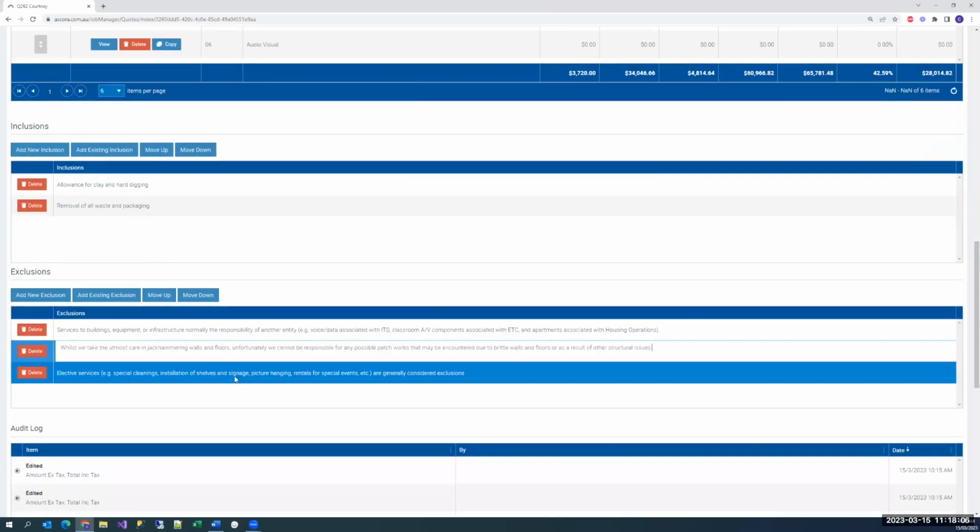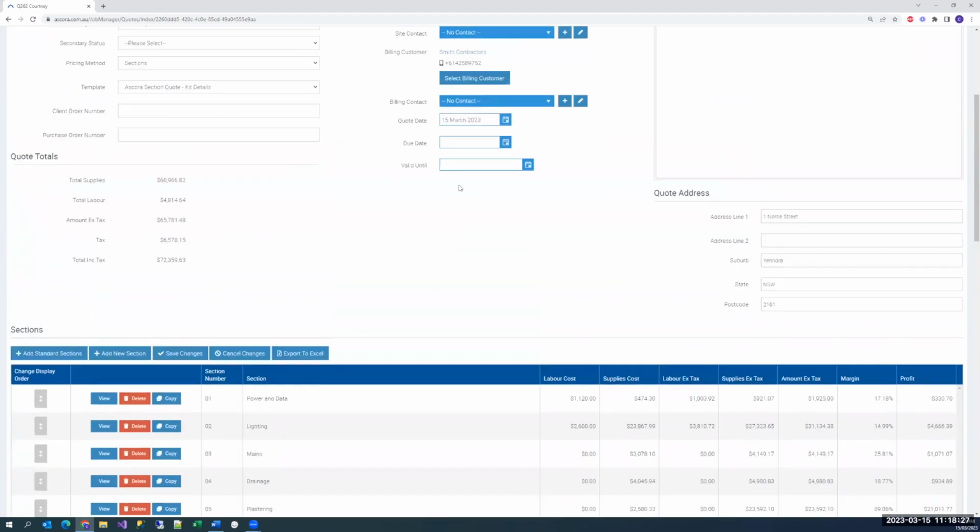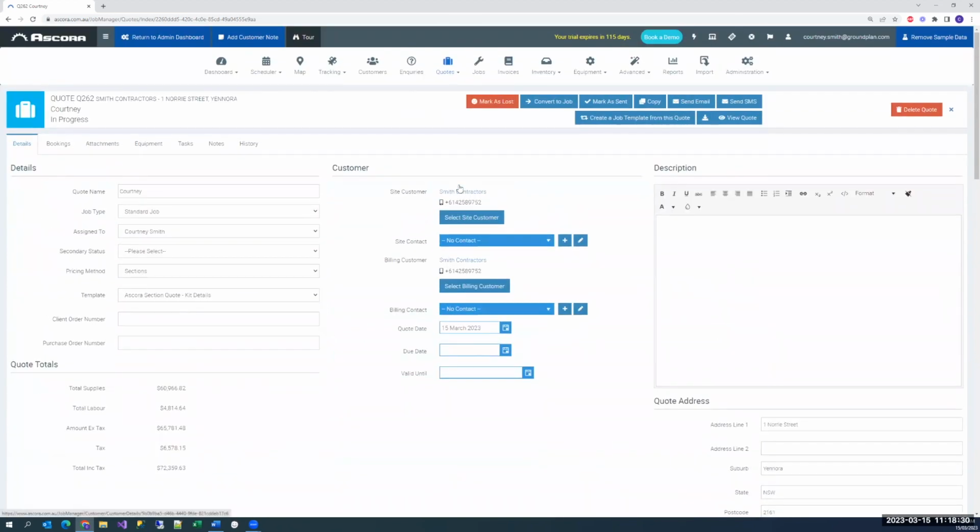And I can adjust these pre-built ones that I have, if needed. And as well, like with the templates, if there's particular inclusions or exclusions that are always there in certain cases, I can always have those built into my actual document templates. So there's no need to keep adding the same things again and again. And about the quotes in the Ascora, it's all about building up a quote that is